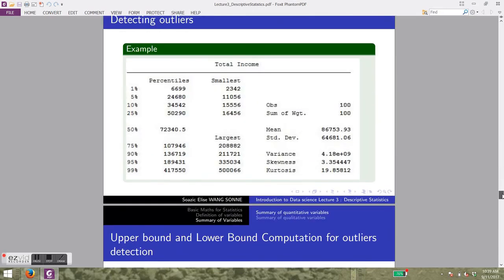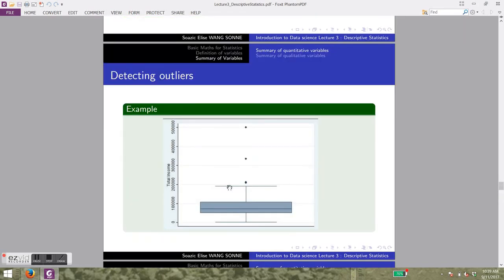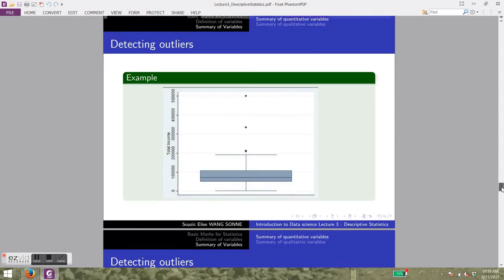So having said that, you also have the upper bound. You take the upper bound and you add 1.5 times the interquartile range, and you have a value to be able to determine the upper whisker. The upper whisker here is this value that we try to know exactly, because in this figure we cannot clearly see. And each observation that will be above the upper whisker will be considered as an outlier. So what is the value of the upper whisker? So this value is